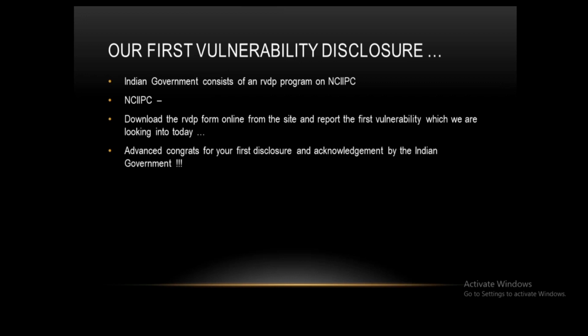It consists of an RVDP program, which is hosted by NCIIPC. You search on the web and find out the full form of that. You can download the RVDP form, which is a responsible vulnerability disclosure form, online from the site, and